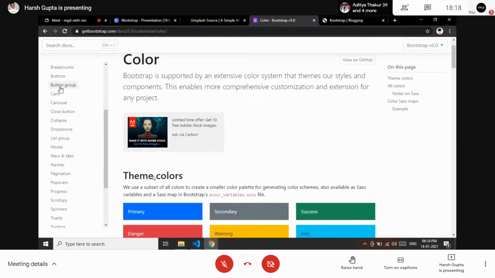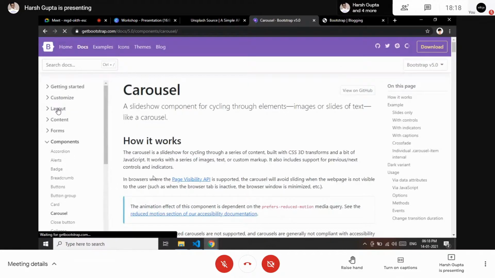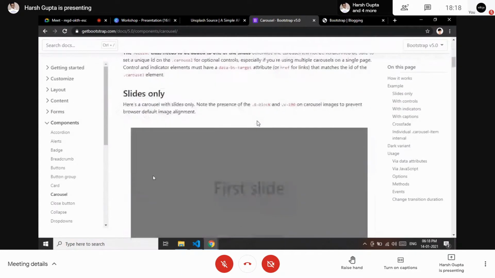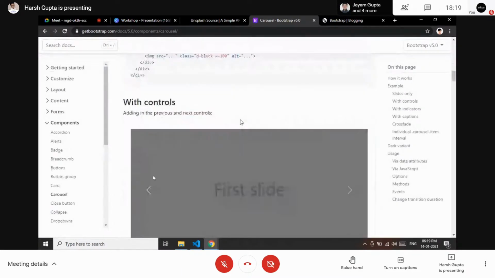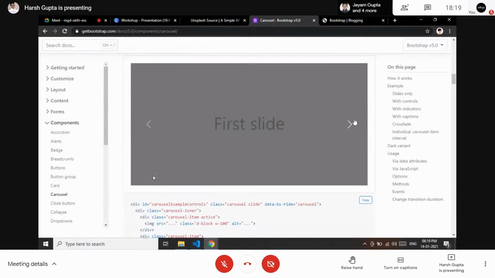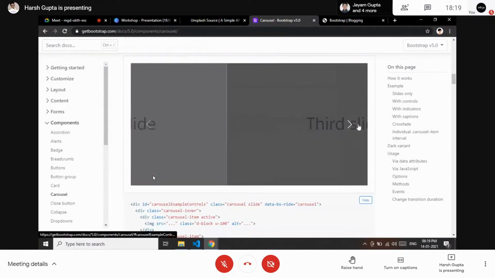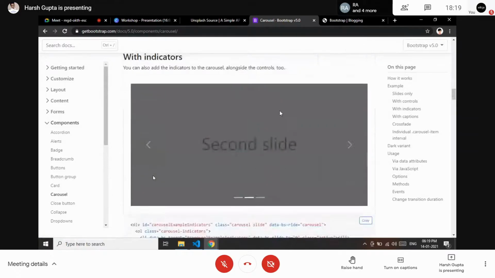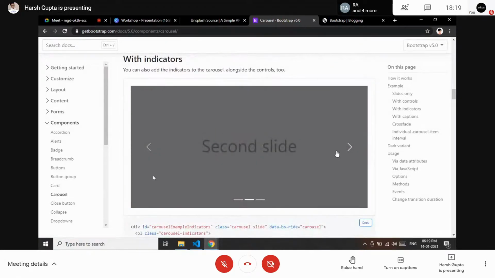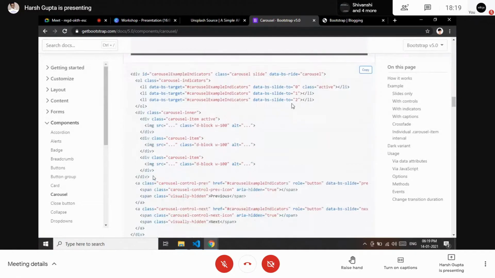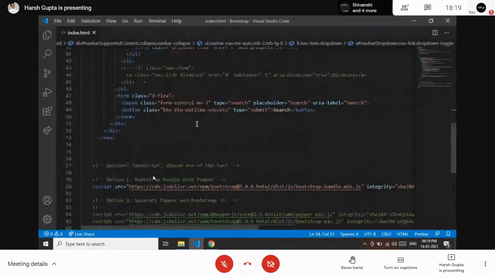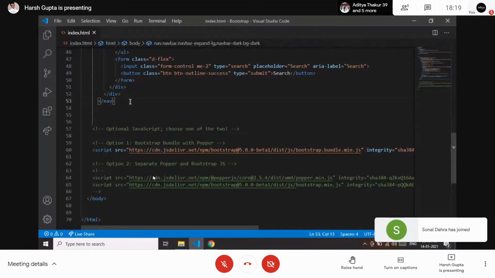Okay, so let's open the carousel, and this is the carousel which we need to apply. This is called the carousel, and let's say the good one here. For this we have the copy code below, and I want to paste it under the navbar.